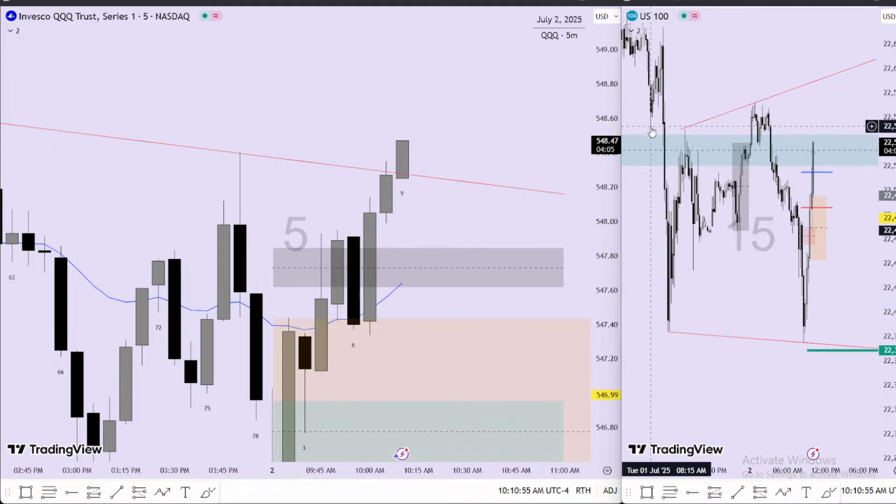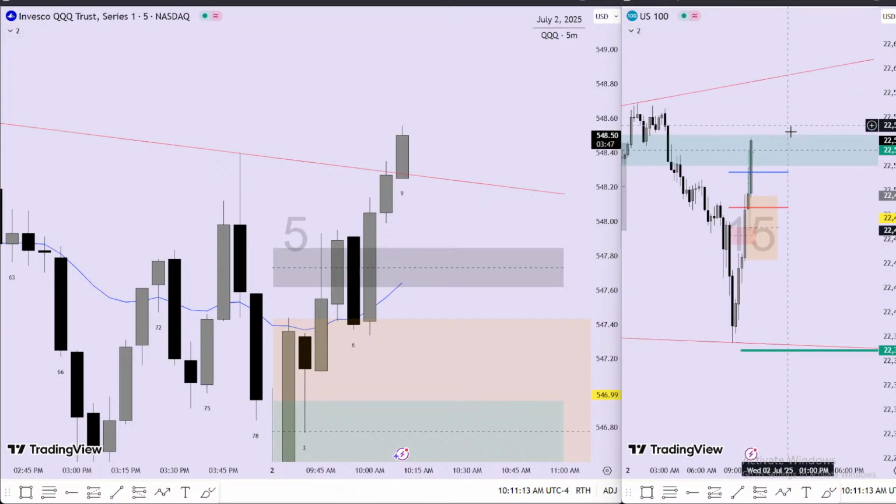So this narrative we have was valid, that we are in an expanding triangle. This can become really violent until we reach somewhere around this point,